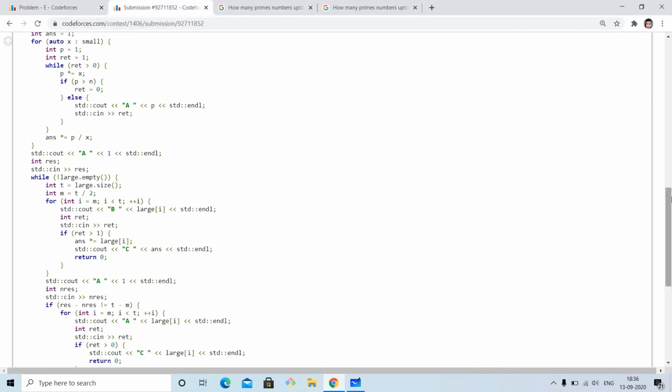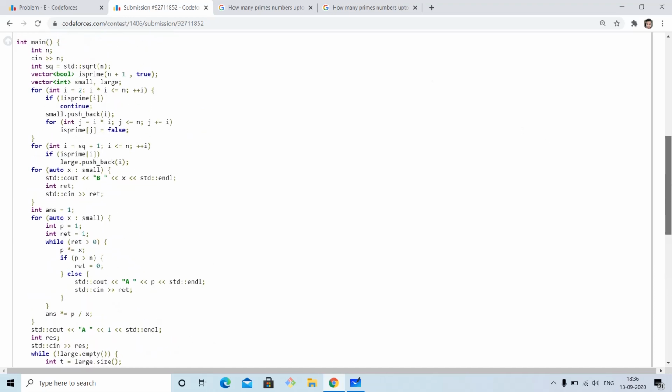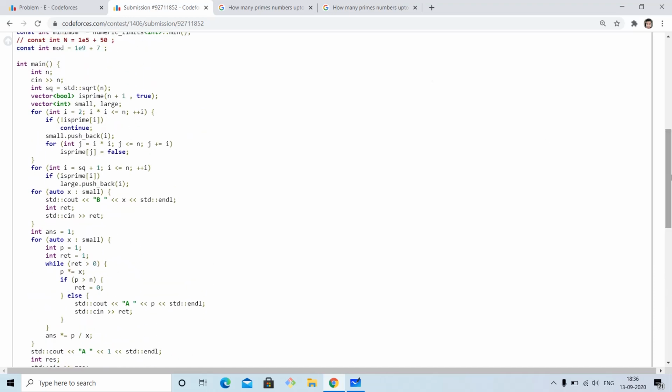This time I will try to explain the code carefully and slowly, because last time I went through it very rushed, and I didn't like that. So we will have int n, and then a number square root, which will be the line up to which we have small prime numbers and large prime numbers. This is similar to the sieve. We used to do in the sieve up to square root of n. We will find that if it is prime, we will push it into the primes.